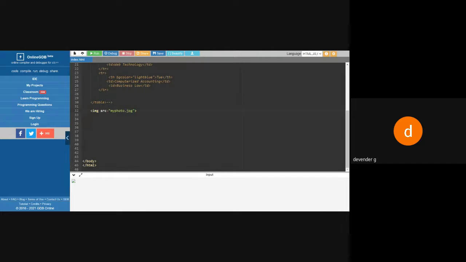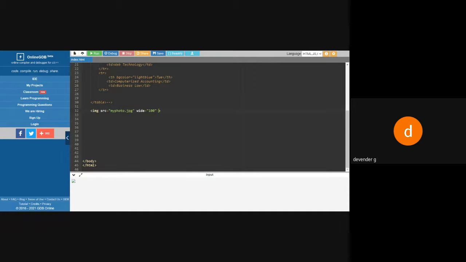When I display it on the screen, my image will be very big, because I have not cropped it or minimized it. Whatever the original picture size is, I'm just calling it, and automatically the same bigger size image will be captured on my screen. Suppose you want the image size to be medium, not very big or very small, then I'll use something called width. So width is equal to 100, and my image will be a little bit smaller.